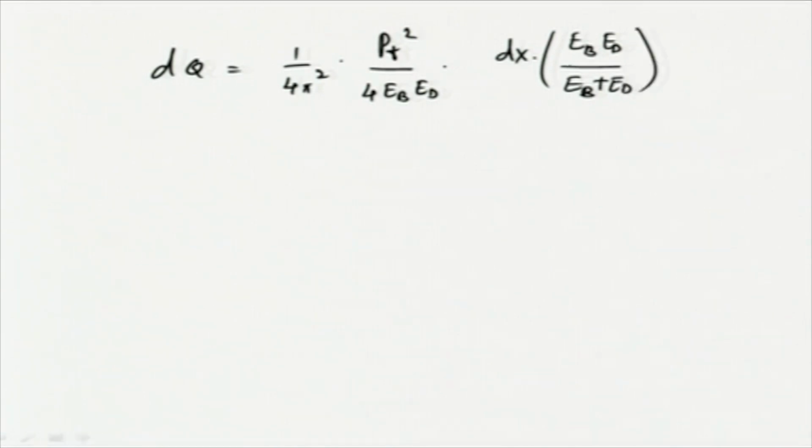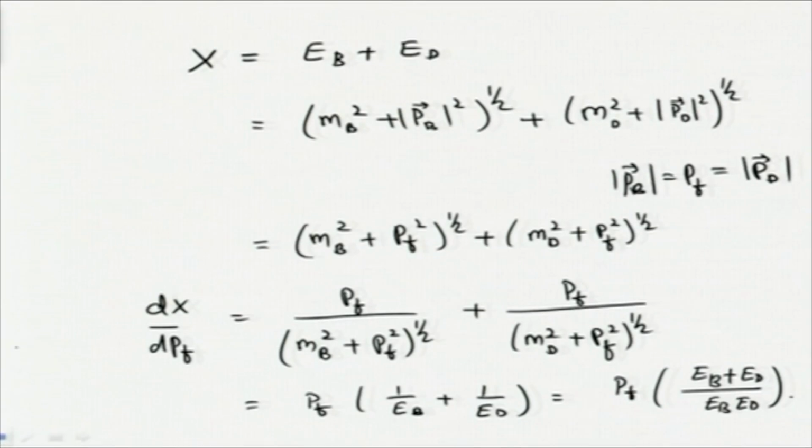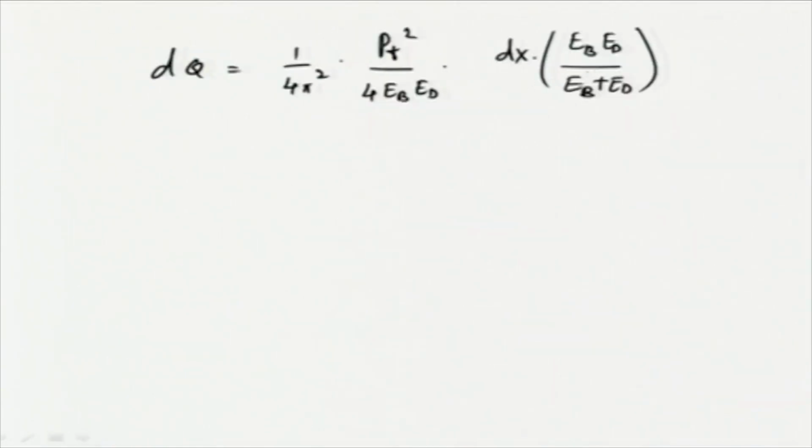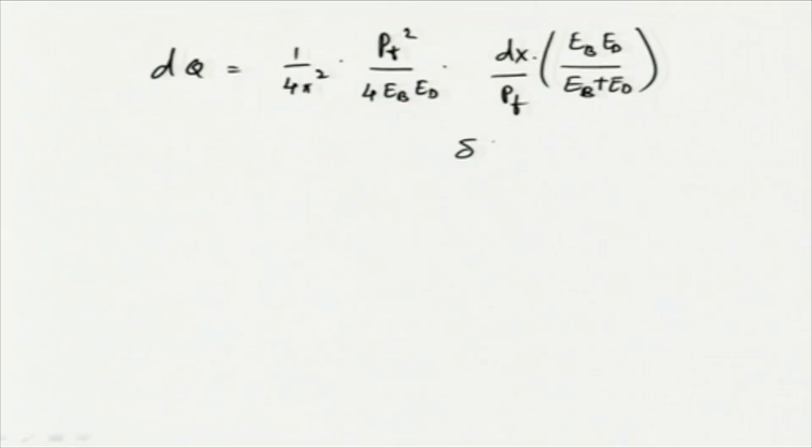Okay. This particular term is coming from dx by dp_f being p_f into that factor. Okay, there is a p_f factor. So, inverse of this is dp_f by dx, okay, over p_f. Now, you also have the delta function of x minus E_b minus E_d